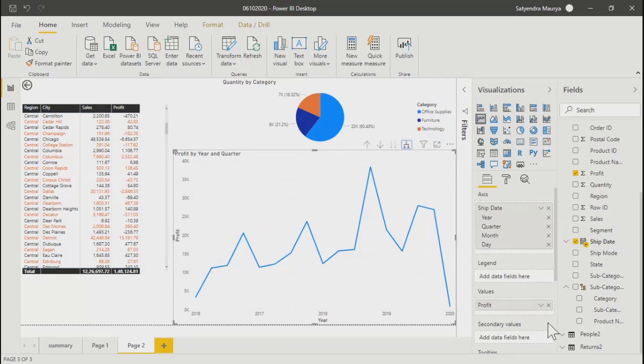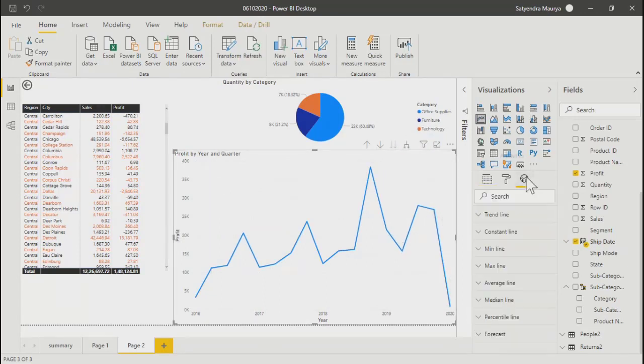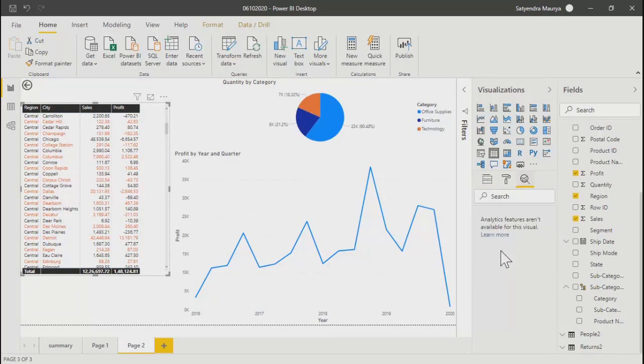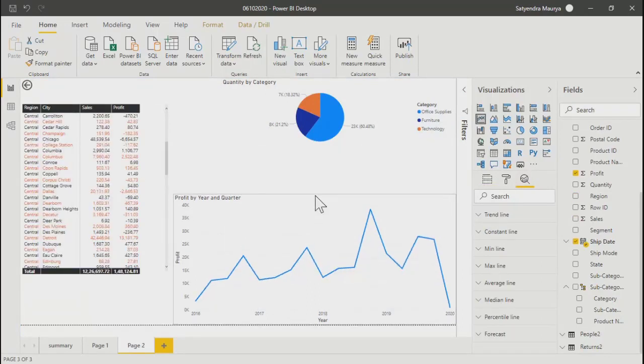So if you go here in analytics, then you see these different lines, correct? So this analytics tab is enabled for this particular chart, but for our first table, it was not enabled. So you will find this option only in few controls, not in every control.